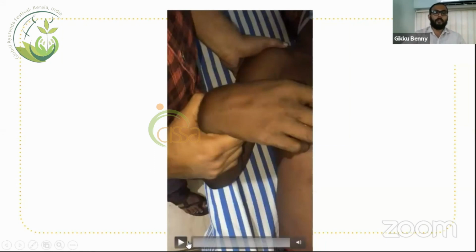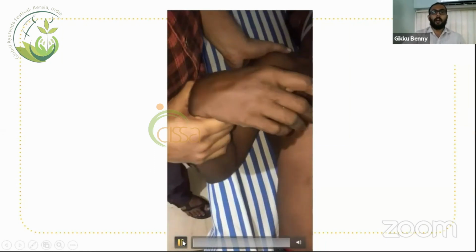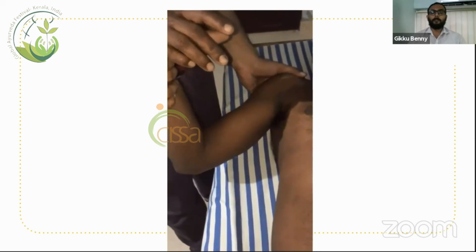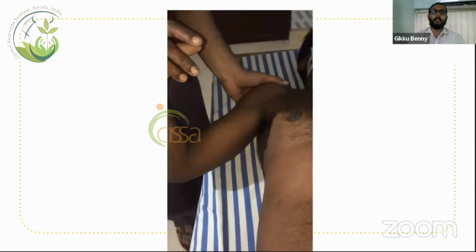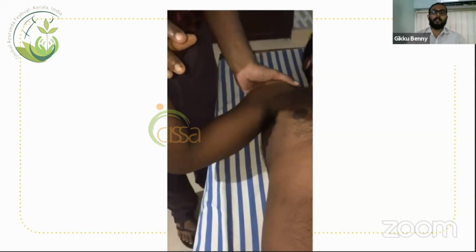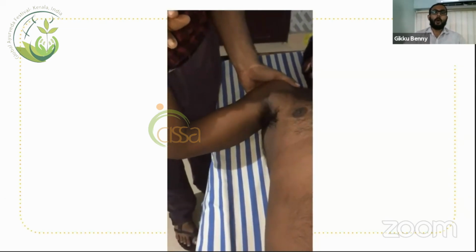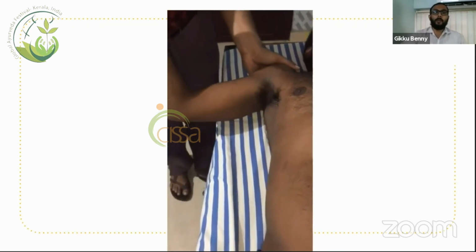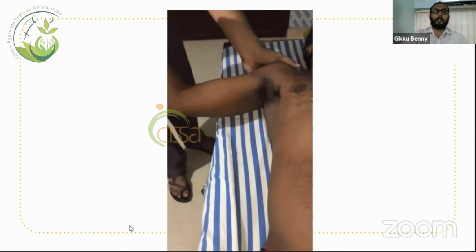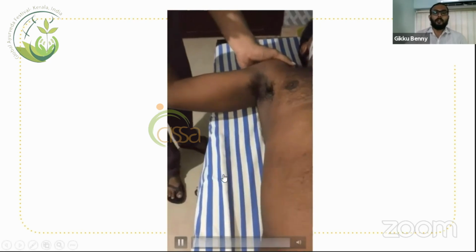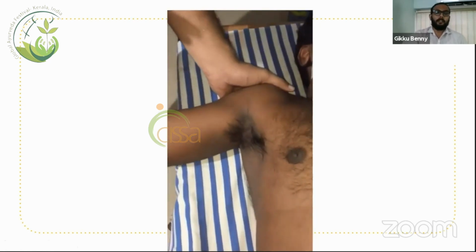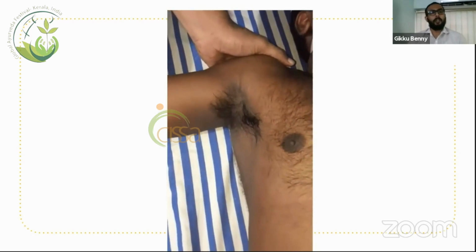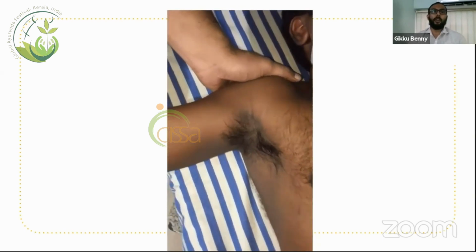Coming to the reduction of anterior shoulder dislocation, here I am explaining the Milch method, a modified Kocher's method. Here we can see the arm is abducted above the head. That particular movement doesn't cause any pain to this patient. Just talk to the patient and do the abduction in this position. This is the modified Kocher's method. We can do Kocher's method or modified Kocher's method.